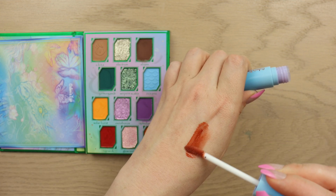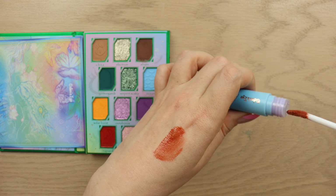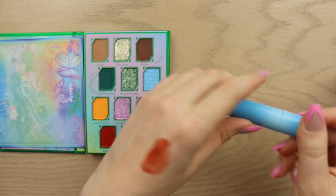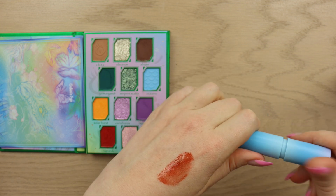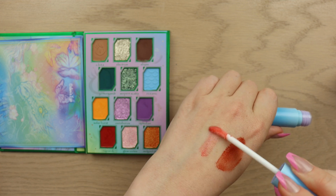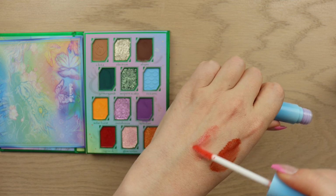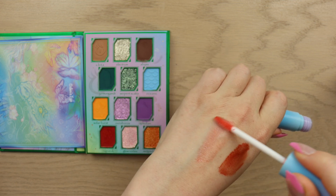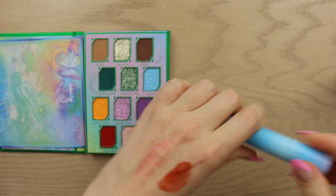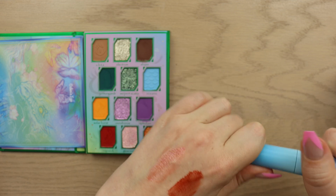Okay, it looks like a little bit more of a brownie warm gloss. We have got the glow shade in Breath of Fire. Again, such a cool, fun name. This one looks to be a little bit more sheer. Has just a slight pinky orange tint to it. And then lastly, we have the shine shade in Mythic Rose,